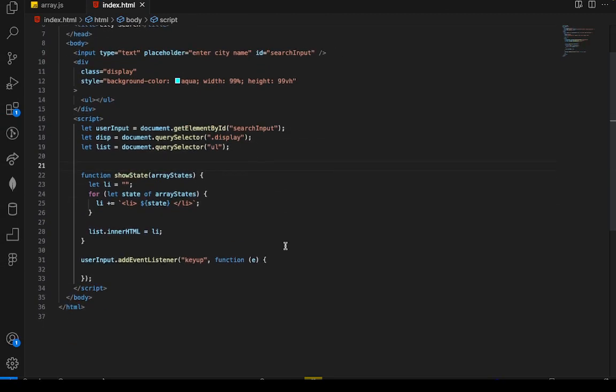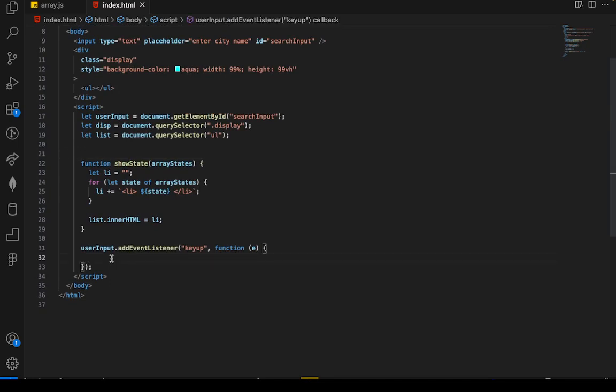Whenever the user is typing in some keys, at the same time we're going to be passing some array of outputs into this function. Now, what this function is basically doing is looping through this array, mapping it and putting it on the DOM. So at this point, we need to grab the user input text by saying let current